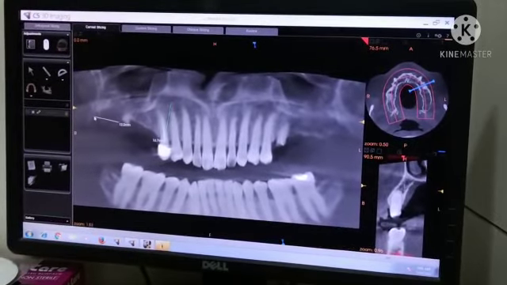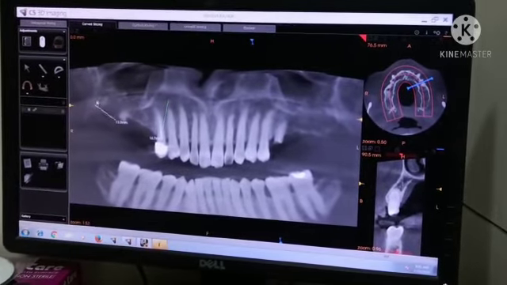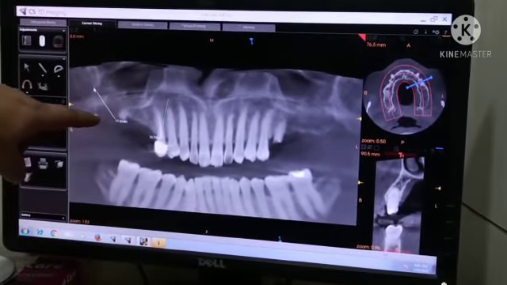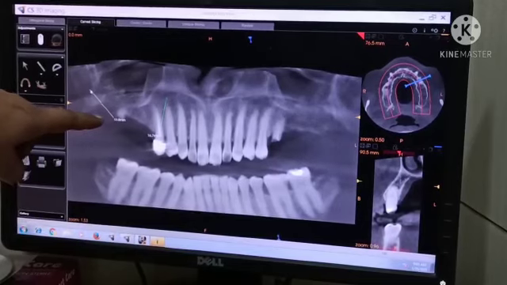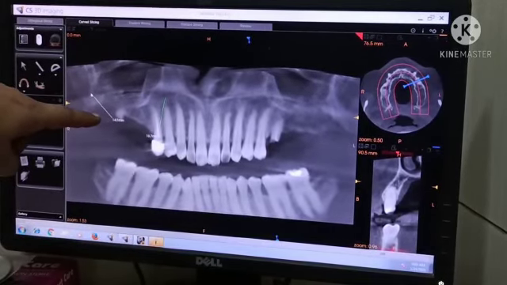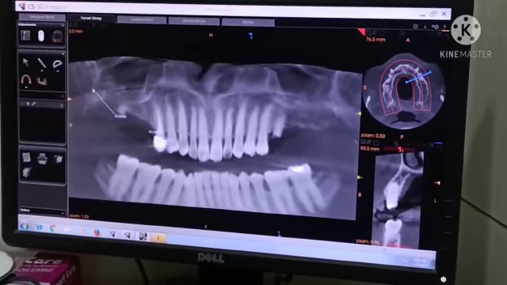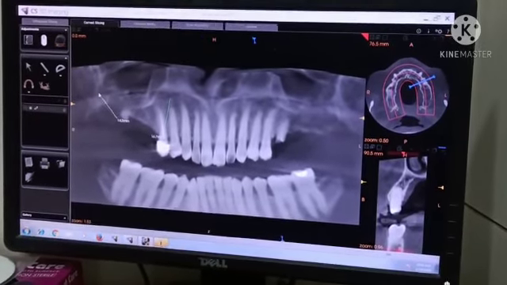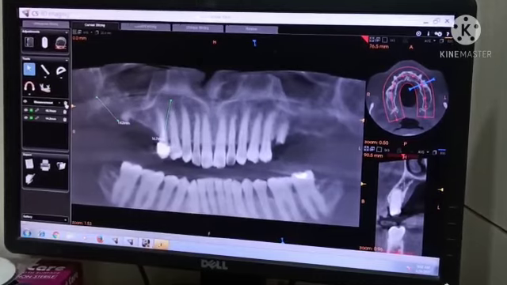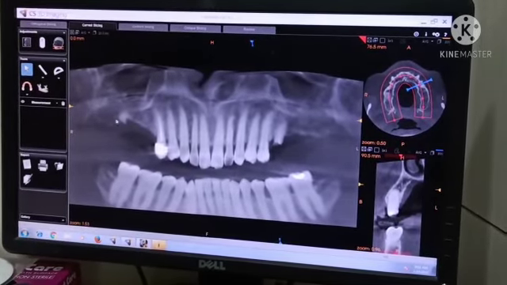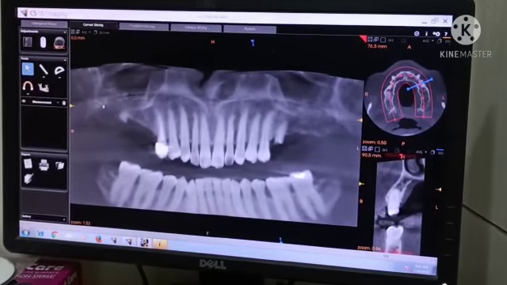If you go very low down, you are making a mistake. If you are angulating too high, it is tuberosity. Just above the tuberosity, you follow the posterior border of the tuberosity and go upside. If you are in doubt, put the pilot drill and take an RVG. Never forget to use the RVG. So our plan is mesially one KOS, here one short KOS, here a BCS probably.